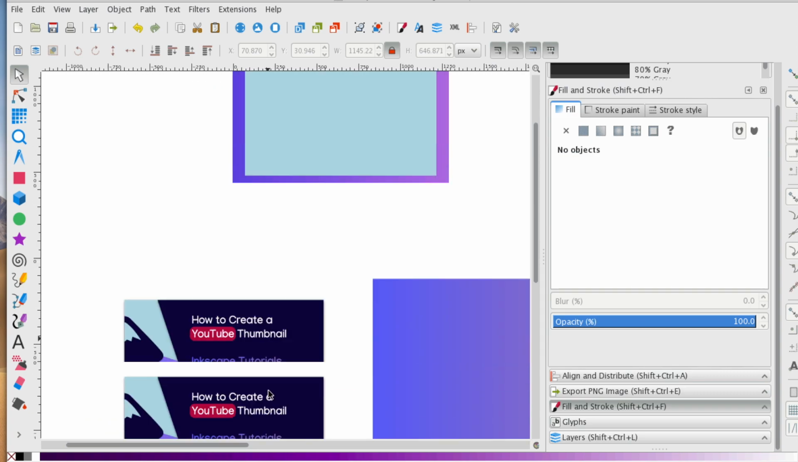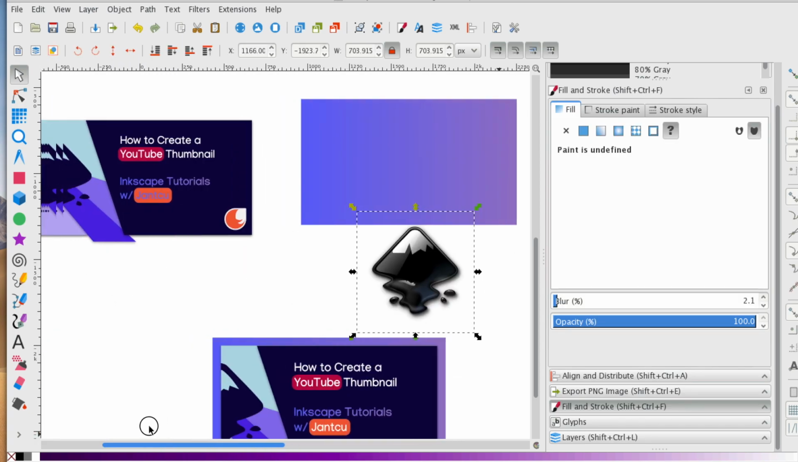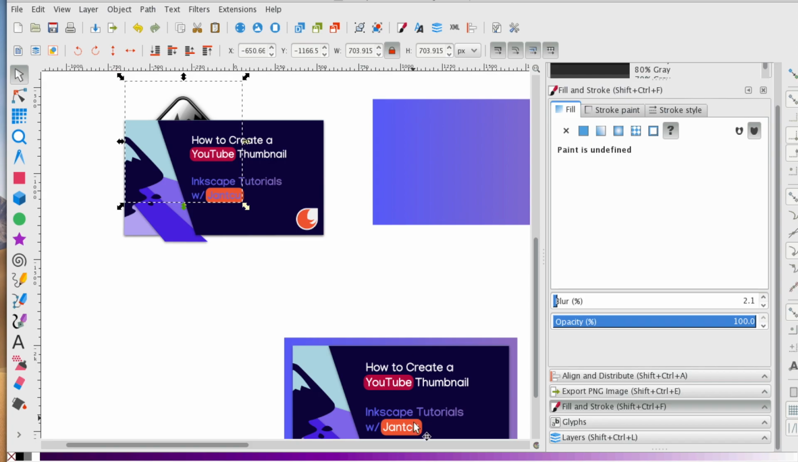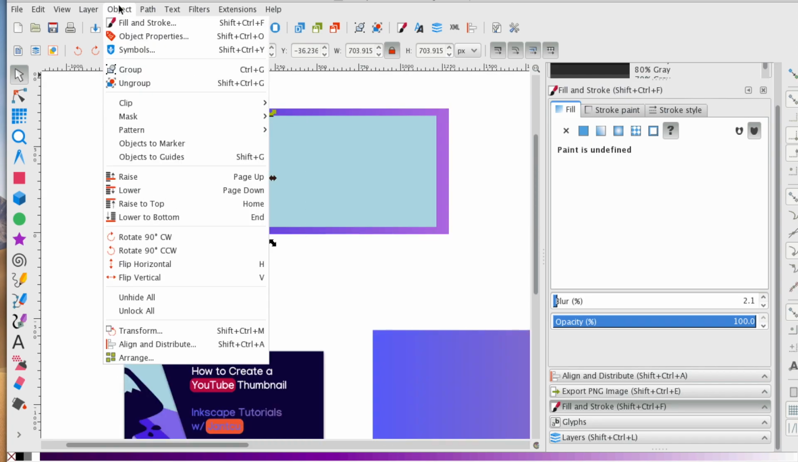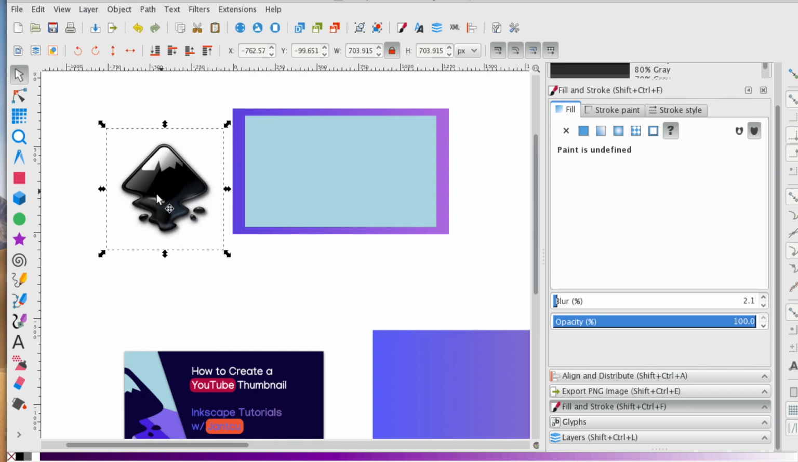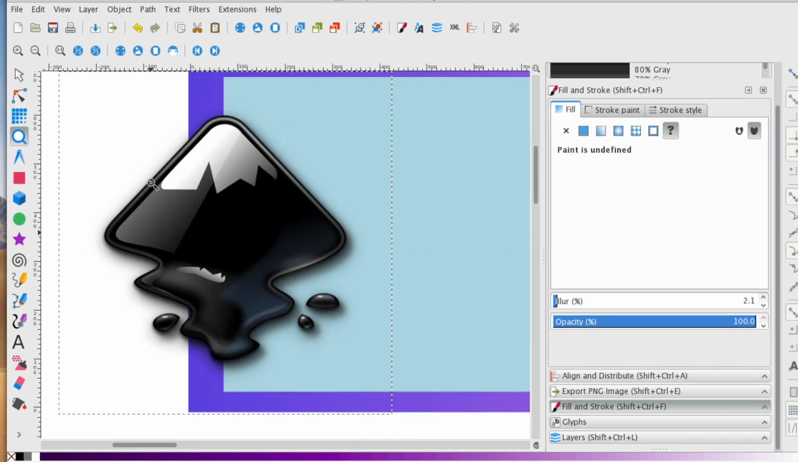So if I can just find it here, right here. What I did was I used it to trace. So let's raise this to the top. And I'm going to zoom in. Actually, first what I'll do is I'm going to hover it where I want it, right on the rectangle. So I only want this half of the Inkscape logo. I'm going to zoom in, and now I'm going to